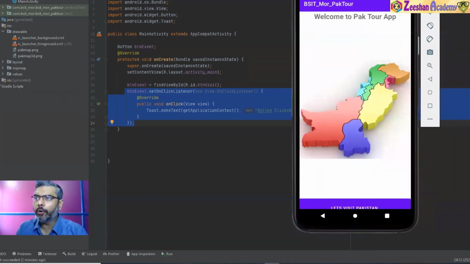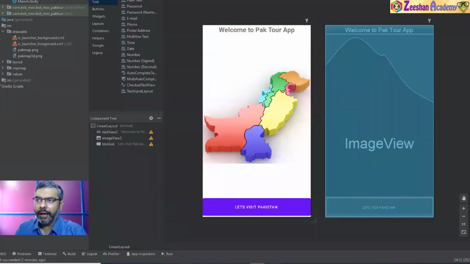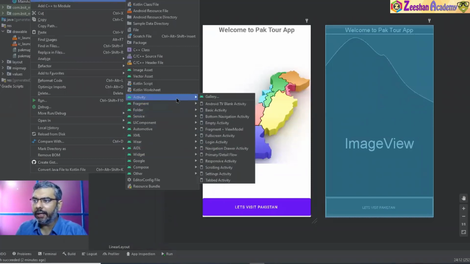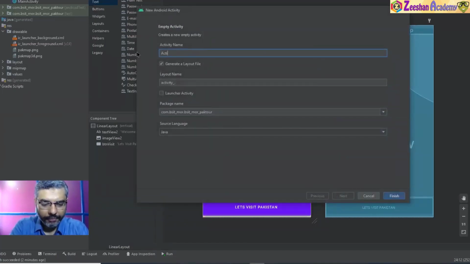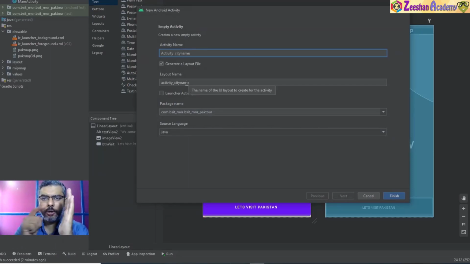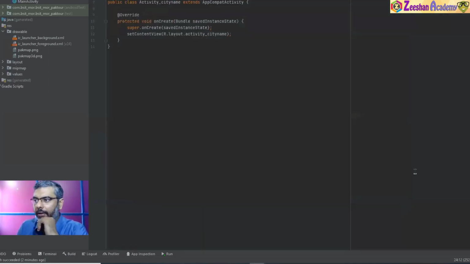So once we are here, we go back inside my activity class, right click here, new activity, and I create my basic or empty activity. Once I click on that, it will ask me what is your activity name. I would say activity underscore city name. Okay, so this becomes my city name. So once I click on Pakistan map, city names pop up. I click on city names and then the information for that city name pop up. So rest information is same. I click on finish